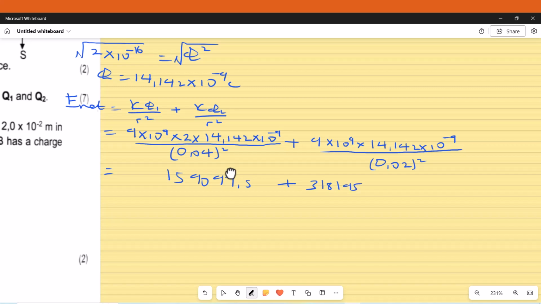Now because of these two charges being positive, they're going to be producing the E at P in the same direction. So we are going to add these two values, because they're all positive. We're pairing the positive test charge put at P. So if I add the two values here, I'm getting